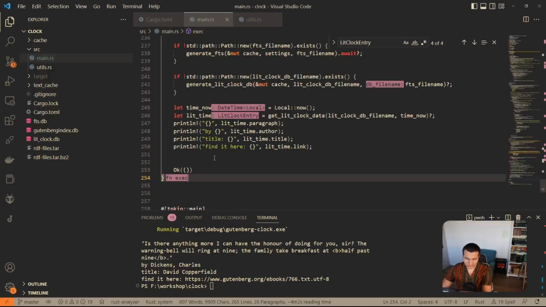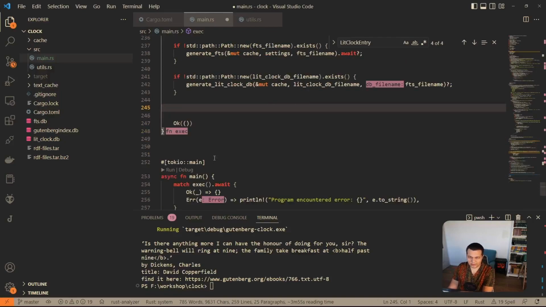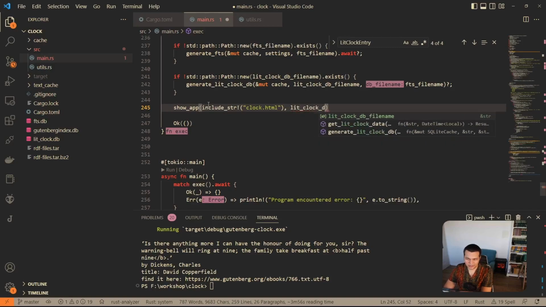Okay, now we're going to delete these print lines and build an actual graphical interface via WebView. This is going to be pretty fun. I enjoyed writing the code for this, so we're just going to include an HTML file that we'll eventually write,